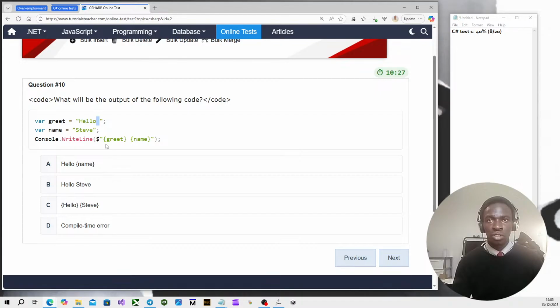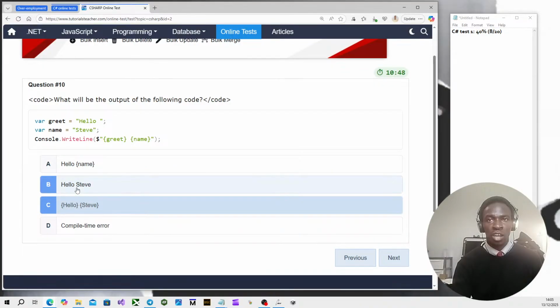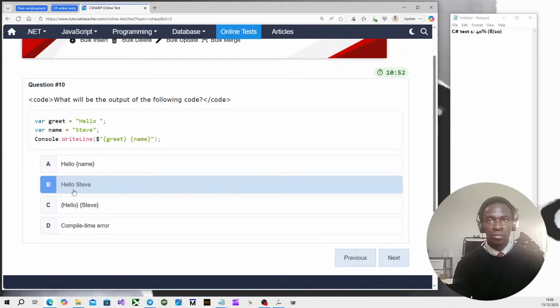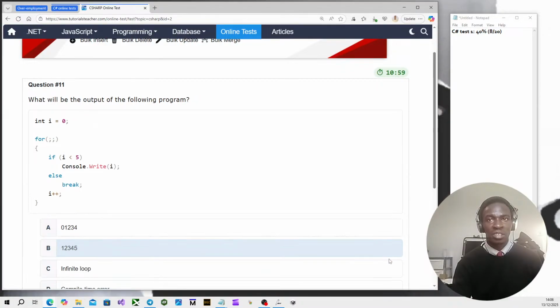These are values. So the funny thing is, when you use obviously double quotes, it's passed as a string, but because it's got these curly braces, I'm not too sure what's going on there. I think it's probably passing the value. So hello Steve. Oh, but I don't think you have the braces. Hello space Steve. I might be wrong. I'm actually not too sure about this one. I'm a bit thrown off by that.